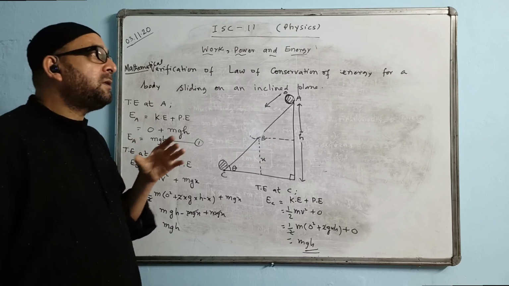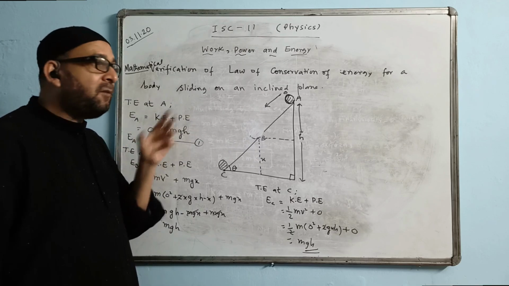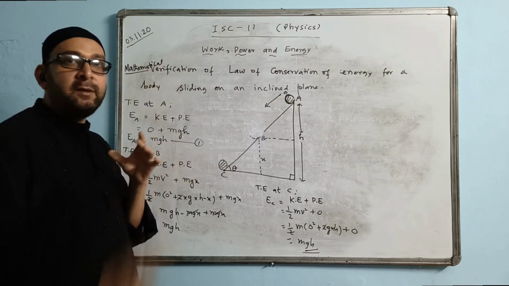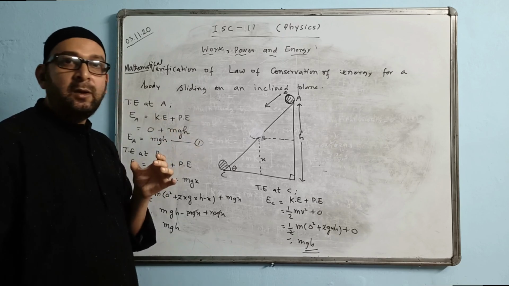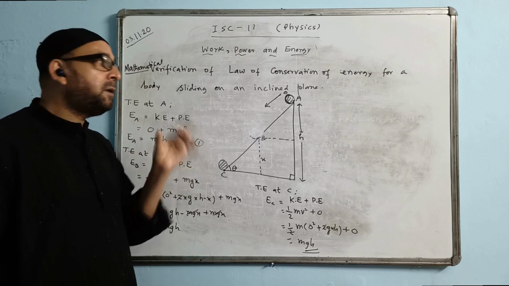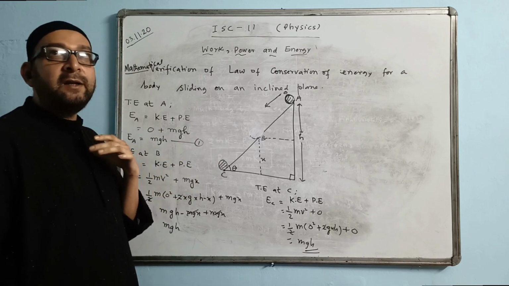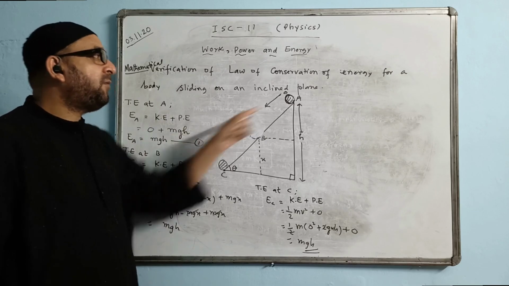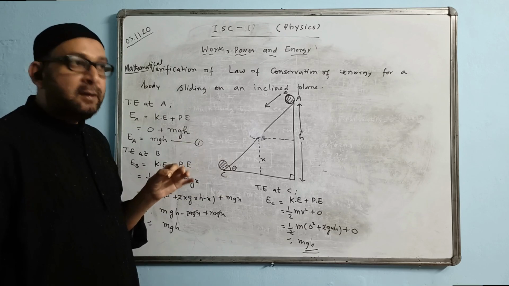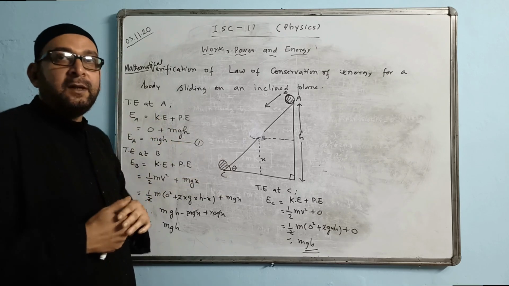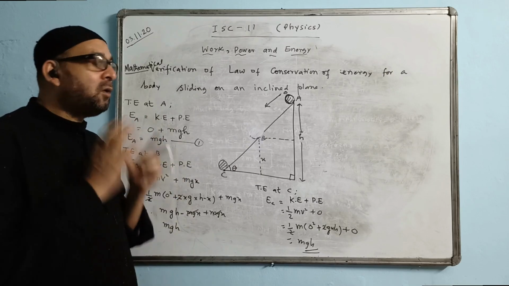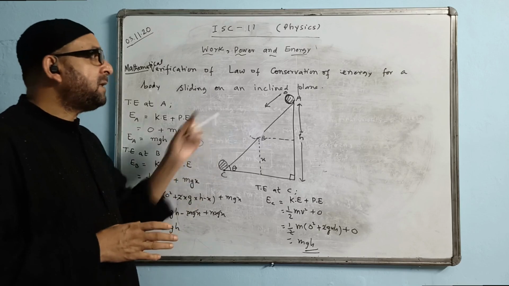If the question asks what is the work done by friction, the work done by friction is equal to 100 minus 80. The difference of the energy at the two points will give you the value of energy lost. Energy loss usually takes place due to friction, or it is the work done by friction. If the question asks you to find the work done by friction, we find the total energy at one point and the total energy at the other point, and the difference between the two gives the work done by friction or the energy lost due to friction. So that is the idea we will apply.